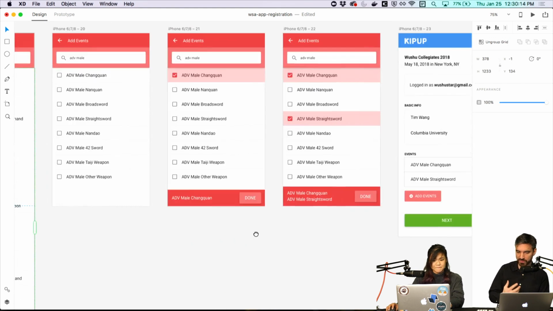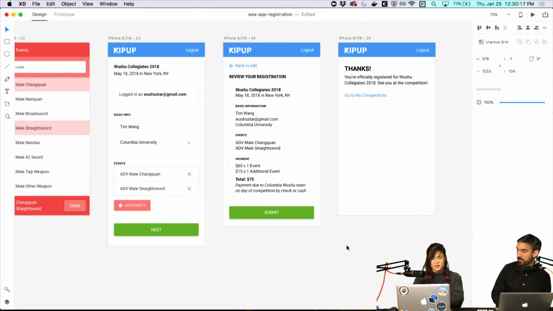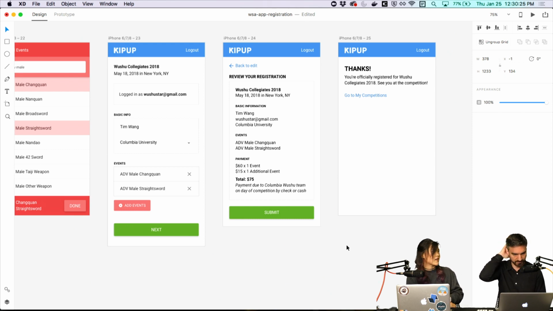And then at the end, he had a lot of questions about the payment experience. We talked about that payment. Yeah, I had mentioned on the first day that payment is a tricky subject for us on the Kipup team that we're exploring, just because there are a lot of legal issues when you start dealing with money, especially around refunds, like who handles the refunds, all of that stuff. So I know there are a lot of payment processors like Square or Stripe and PayPal that you can use, and they're all basically priced exactly the same way.